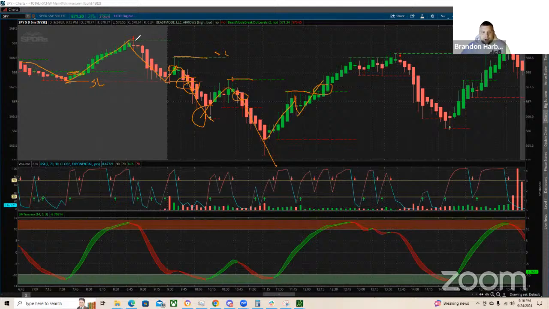Now we're not in a downtrend because right here we made a move down, reset, move down, reset, move down. We should have re-tagged these areas, but it simply bounced, went against us. That's why we use proper risk management. And you would have taken a loss right there, or reversed your position, you would have gone into your calls